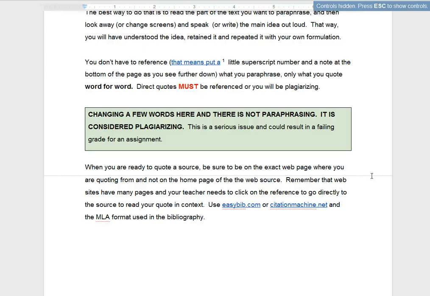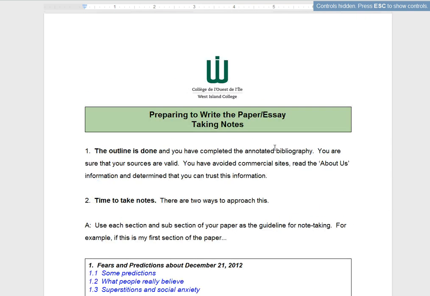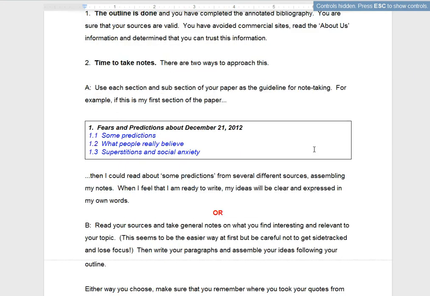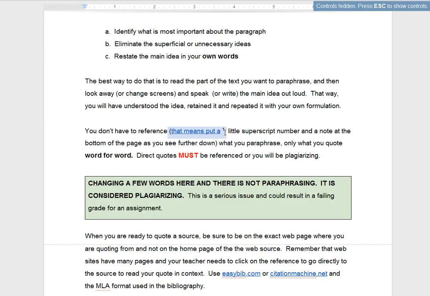Anything that you want to be very specific about and make sure that you get the exact words, you're going to have to do something that we call a direct quote. And this is really key because a direct quote is going to absolutely guarantee that there's no plagiarism. And how do you direct quote? Well, you're going to learn how to insert a subscript, or if you come up to a Google Doc, you're going to go to insert and then insert a reference or a footnote, and what will happen, it'll put a little number 1 in your text, and then at the bottom of your text,